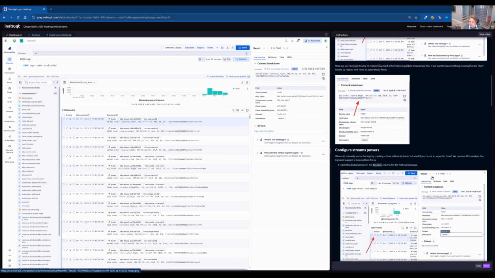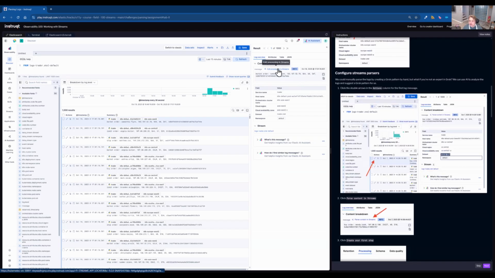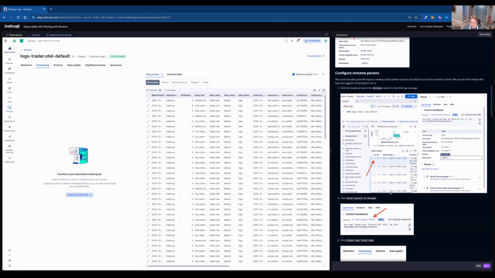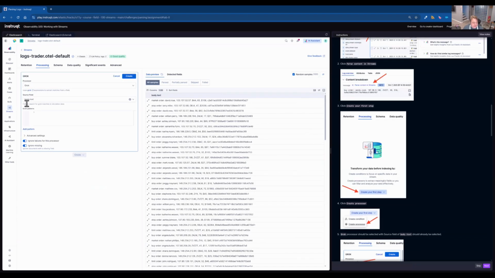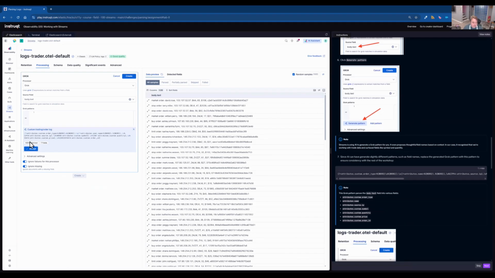We can do that easily by taking some actions from here and immediately get some insights. We're going to say processing this in streams. And from here, we're going to create our very first step, and we're going to create a processor. By default, it's going to look for that body.txt and apply a grok pattern for us. But let's use AI and generate that pattern. Now, whenever we use AI, it can be good, it can be bad, but we can see the pattern that's applied here for attributes, custom order type, word, word, name, word, word, and it's actually aligning quite intently with what we're looking for,